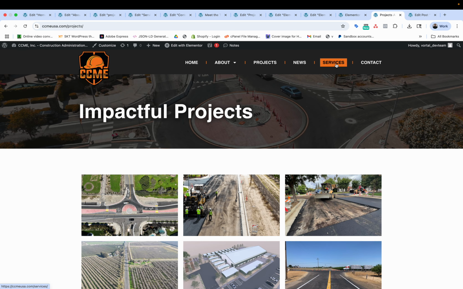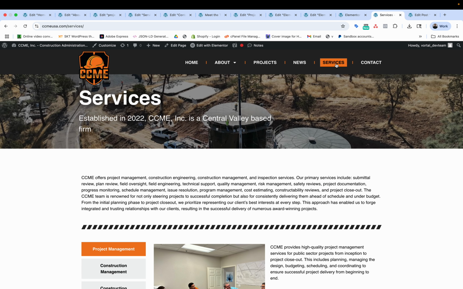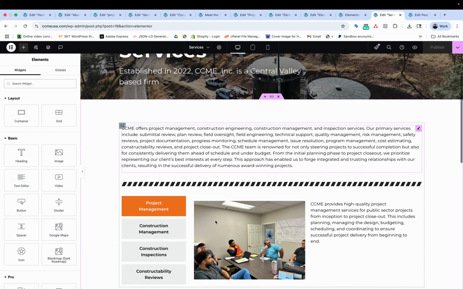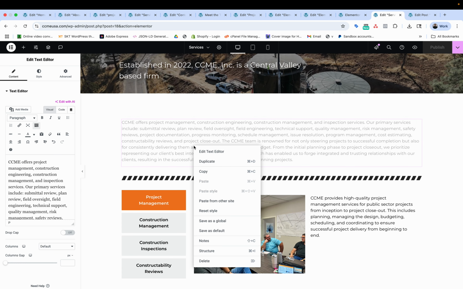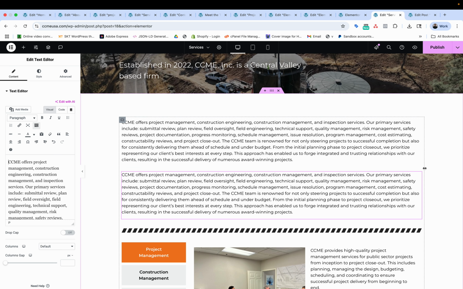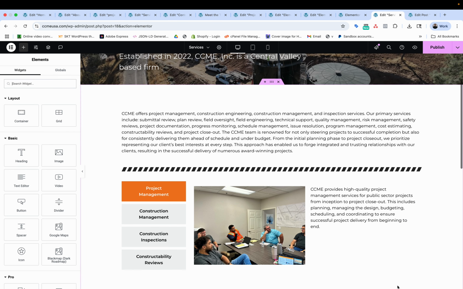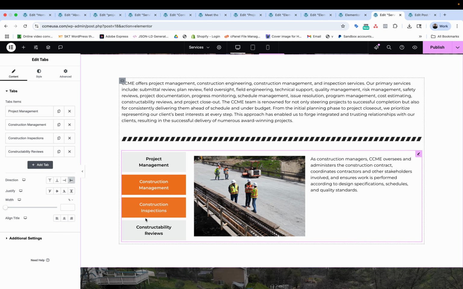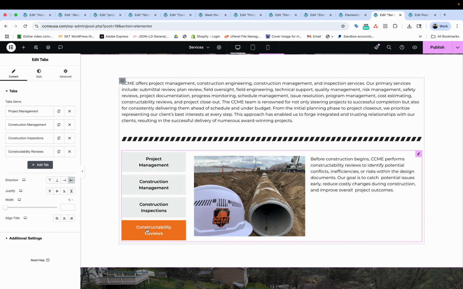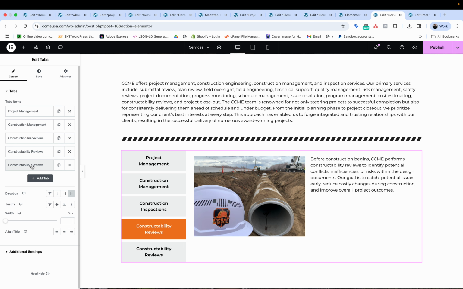Okay. So services. Go edit with Elementor. Once again, same concept as all other pages. You select the text block you want to edit, or if you want to duplicate, right click and duplicate on this. So we select here or anywhere here. And so let's say we need to add a new service. So once again, I would recommend just duplicating over here on the left hand side. So we duplicate that,